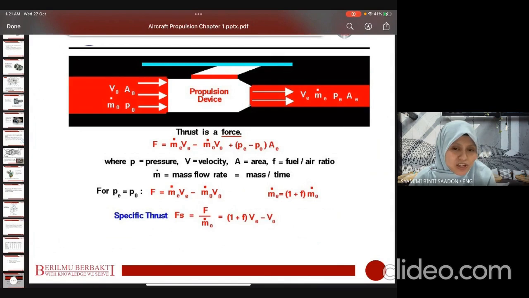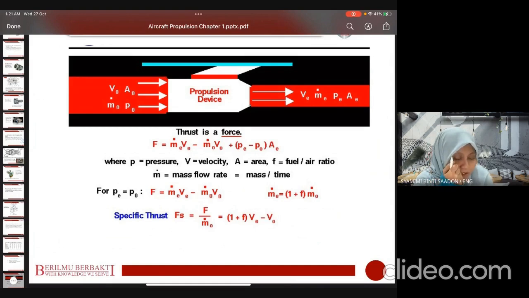Okay, so thrust. I'm not going to explain to you mathematically, theoretically, how the scientists derive this thrust force. But there is the step by step mathematics. But I think that is not very important for you to know that. At least you understand where it comes from. The mathematics, one step at a time, I think you can look at in any reference book.